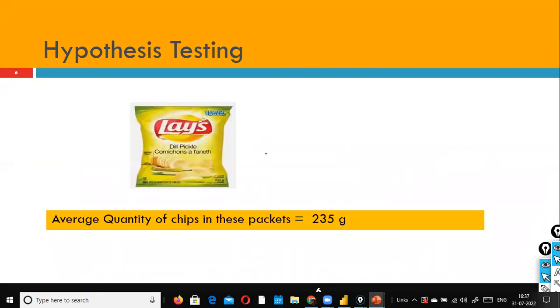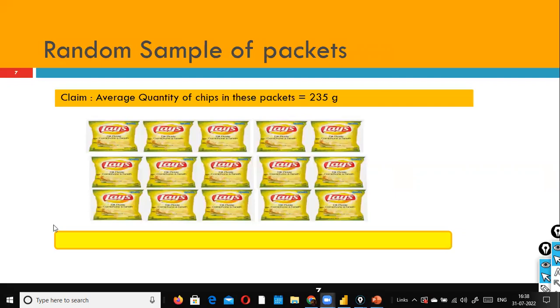So first of all, let us understand the intuition behind hypothesis testing. Let's take a simple example. For example, you bought a Lay's chips packet. On top of the packet they printed 235 gram. When you unpack this packet, you should find 235 gram of chips inside. Now you wanted to test it out. You're not believing this, and you want to test whether it really has 235 gram or not. So what you are doing is you are buying the